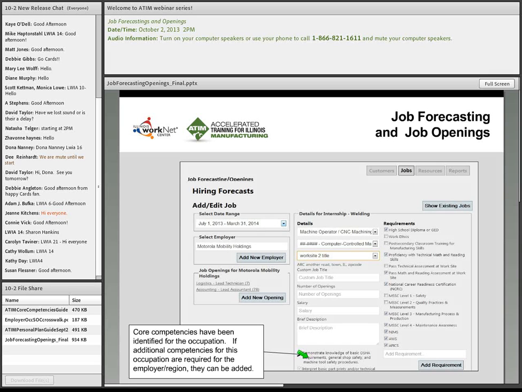Whenever you add a new opening, you'll select your date ranges, your employer, your openings, which we just covered. And then you'll take a look at the details. So you will identify the occupational area, and when you identify your occupational area, there are already SOC codes associated with that. That's the crosswalk. That's already been done. So you'll select the SOC code for that occupation,